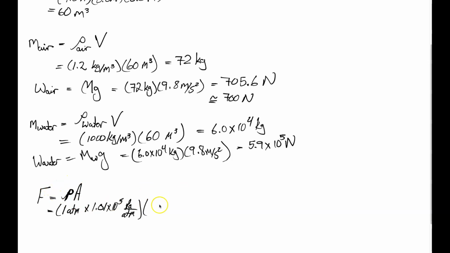And the area is the 4 meters times the 5 meters, which is the length times the width of the room. And notice that a pascal is the same as a newton per meter squared. So these meter squares cancel, leaving us with just a newton. And if we do this, we get about 2.0 times 10 to the 6th